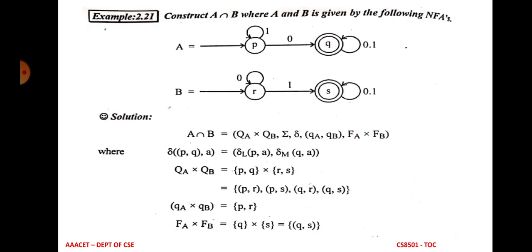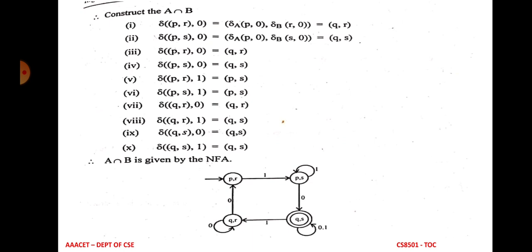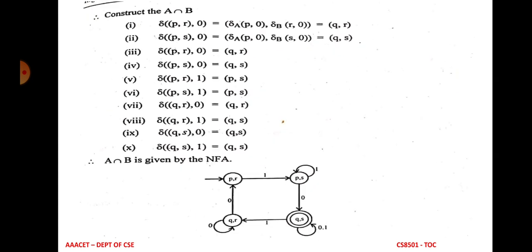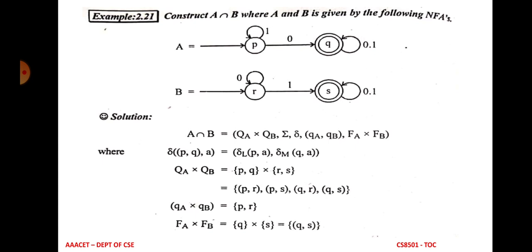Already I said there are 4 states. So for these 4 states we are writing the transition diagram. The 4 states can be represented in a single circle, and the final state is Q comma S, because in both finite automata Q and S is the final state. So Q comma S is indicated by the double circle. From the above transition diagram, you have to take the state for each and every individual output and represent it in a transition diagram. So this is the example problem for the intersection of two regular languages.